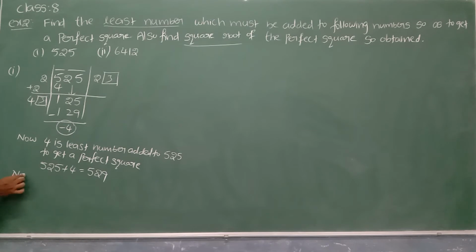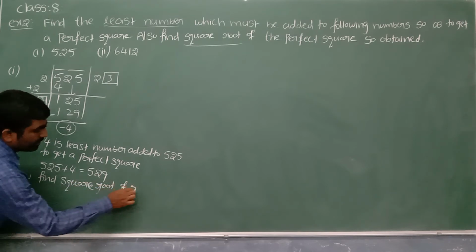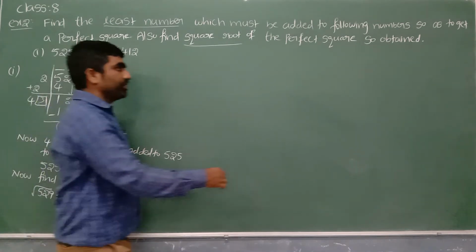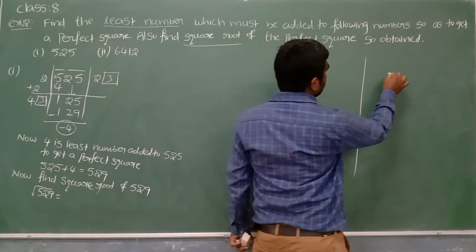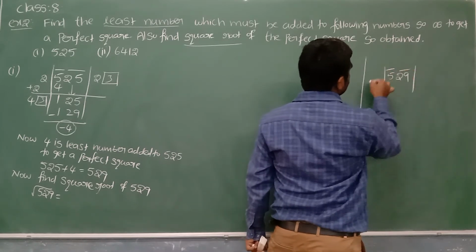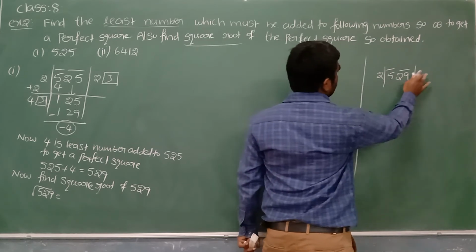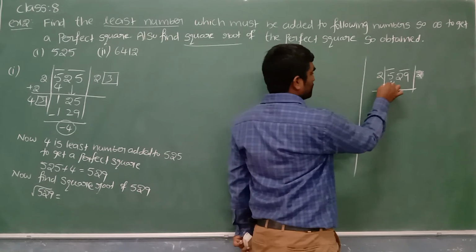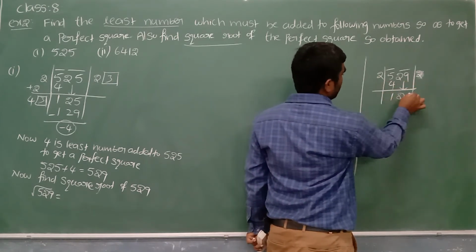Yes. Now let me write here. Now find the square root of 529. So how can I represent this? Square root of 529 is equal to? Let me go to rough work and we'll find the square root of that 529. Place the bar from the ones place on every pair of digits. 2 2s are 4. 5 minus 4 is 1. Now below the second bar I can see 2 digits, 29, so 129.